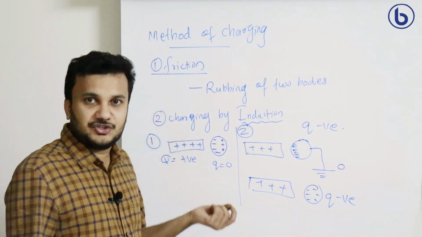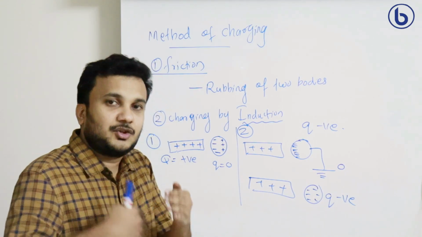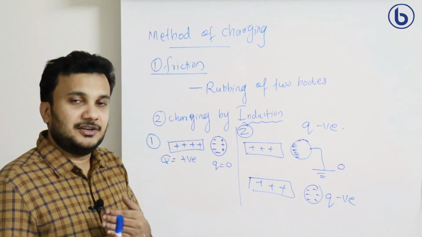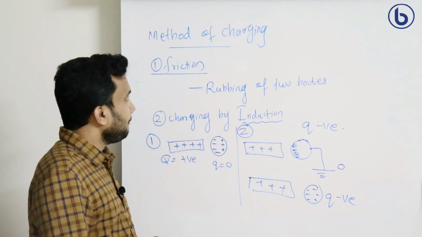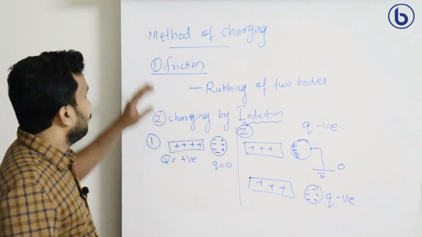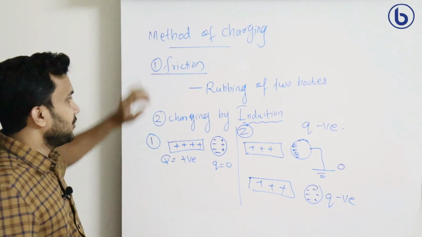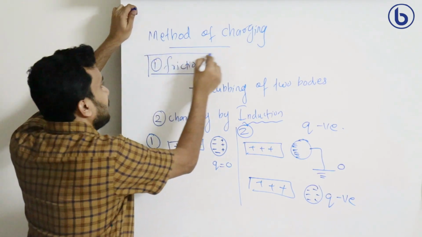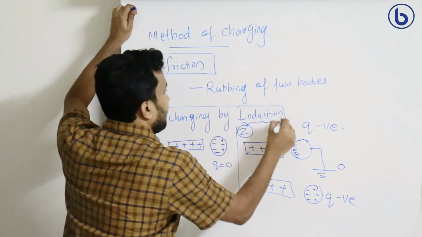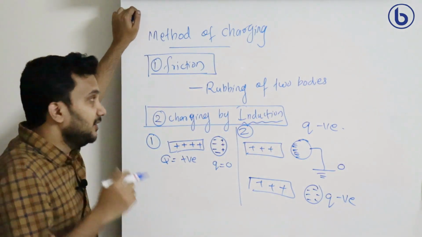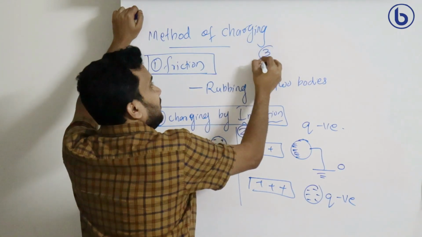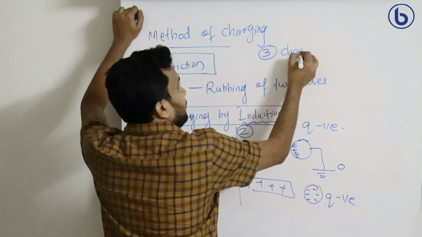Whatever charge you are giving to one body, in the nearby area the opposite charges will get induced or generated. That is the concept behind this. Okay, so the first property is called friction, and the second one is charging by induction. Now we have a third one, called charging